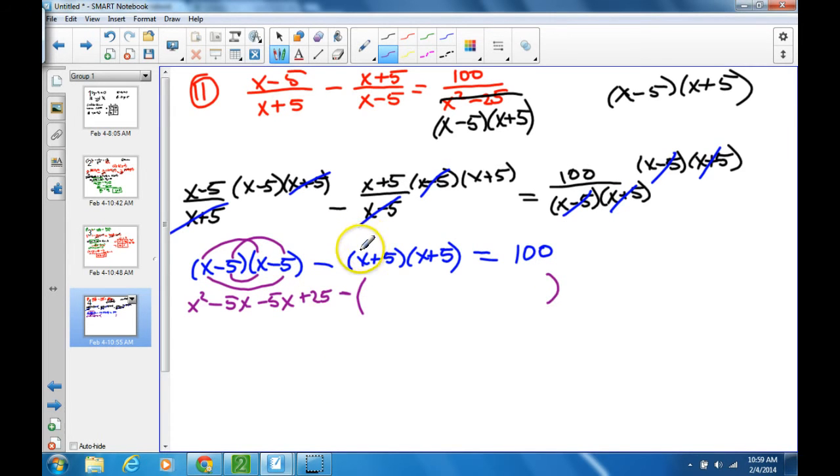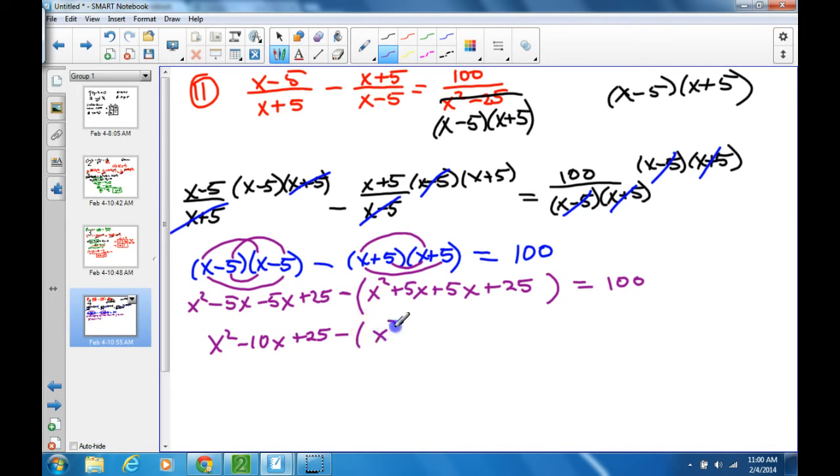Okay, so once again, x times x is x squared. Then we have 5 times x. And then another 5 times x. And then 5 times 5 is 25. Equals 100. Yep. So let's simplify this out. We have x squared minus 10x plus 25 minus x squared plus 10x plus 25